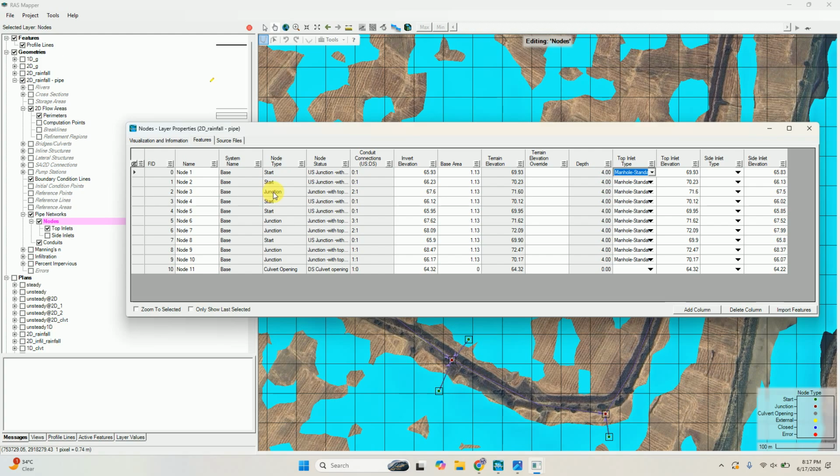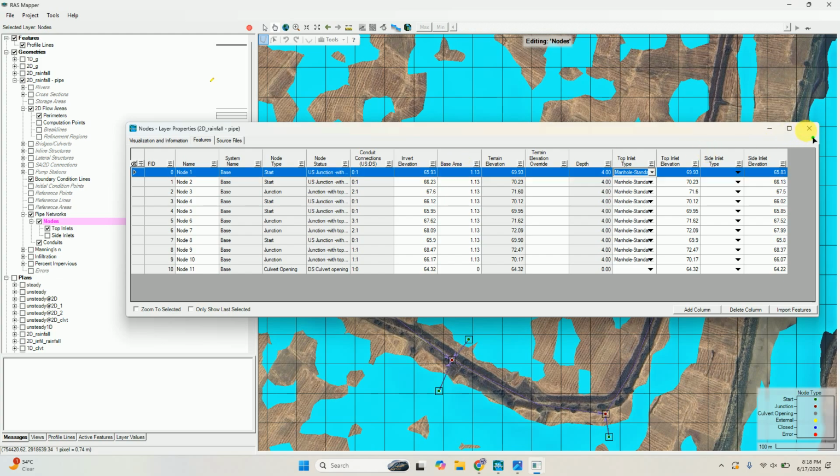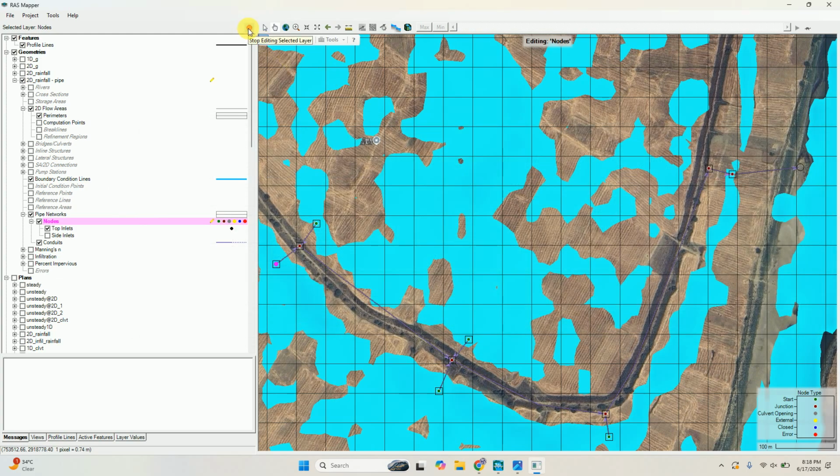At the junction itself there is a manhole, and it is receiving water from the start, and it gives water to the next network. Okay, so that's it for this node attribute, and after that you have to save, click here and do the process.